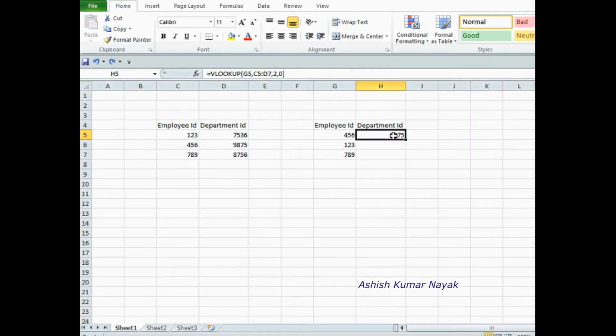Now select this value 9875, put the mouse cursor like this on the right hand side corner of the cell. You can see a cross mark. Now drag it. Is it showing the correct value? No. Why so? Just see.